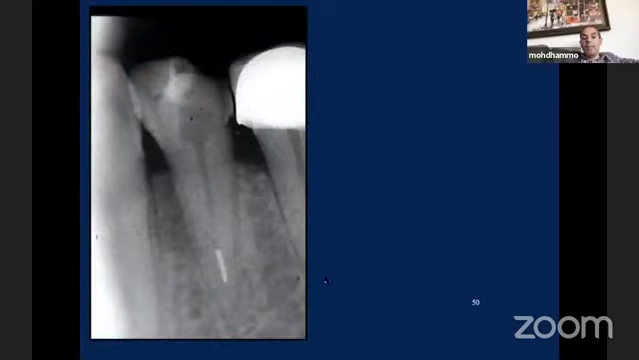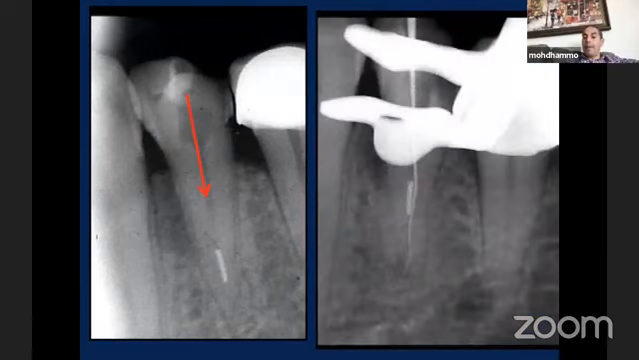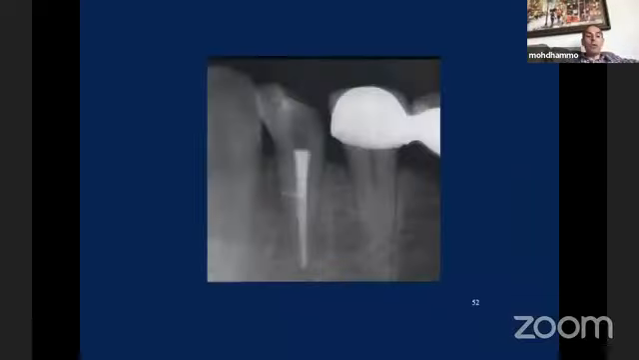So like here, I have a broken file. So I will make my flaring, then K file number 10, bypass, then 15, then 20, then 25. Sometimes while I am bypassing and enlarging the canal, this fragment might jump, and then I will continue my cleaning